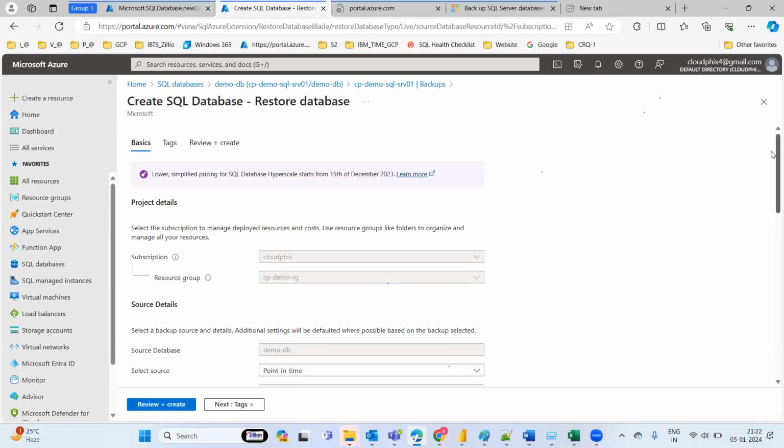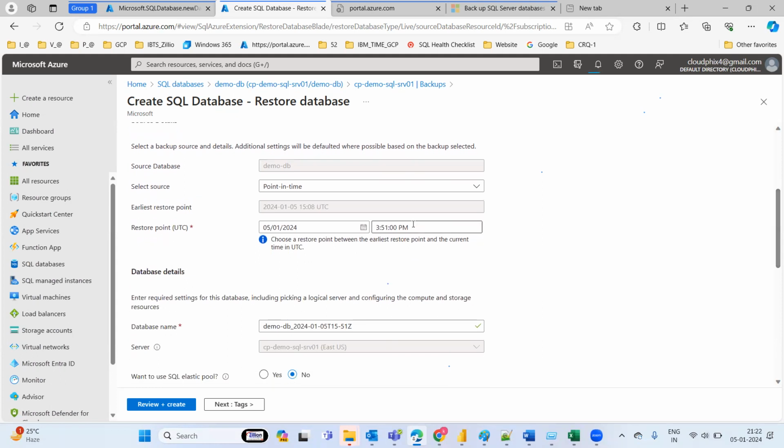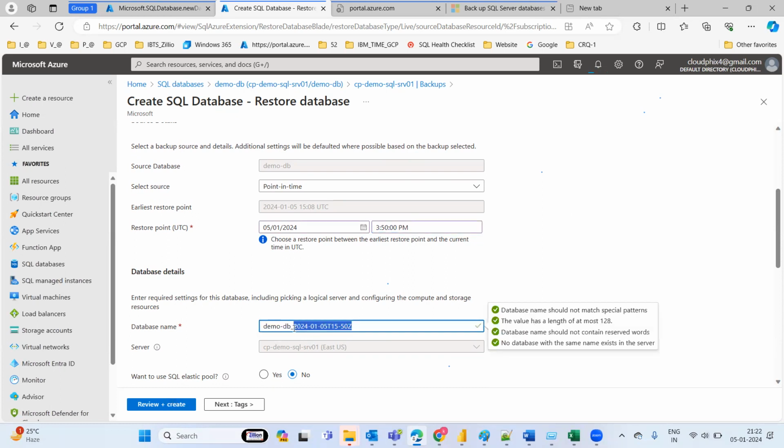What point in time to restore? Just before you deleted it, right? Just 1 minute before. I'll take this one, 50. See the database name, this one. If you want to change, you can change it. What is the database name? You'll mention that 1 minute DB, just before you deleted it, right? So I'll